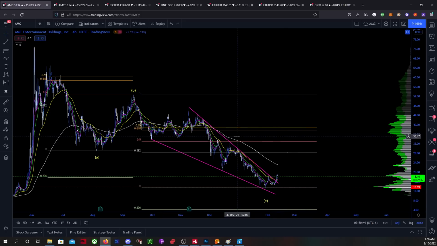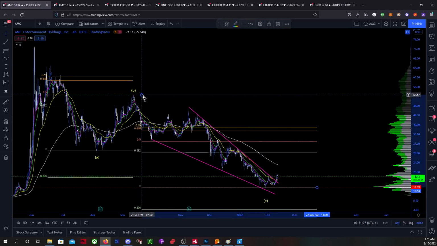The only point that I would see heavy resistance would be as we get up closer to the golden zone, but even then, you still have quite a bit of volume being traded, and at that point, we're going to be above the 200 EMA on the 4-hour chart, and this chart would be looking a whole lot more bullish, in my opinion. So just some things to think about.